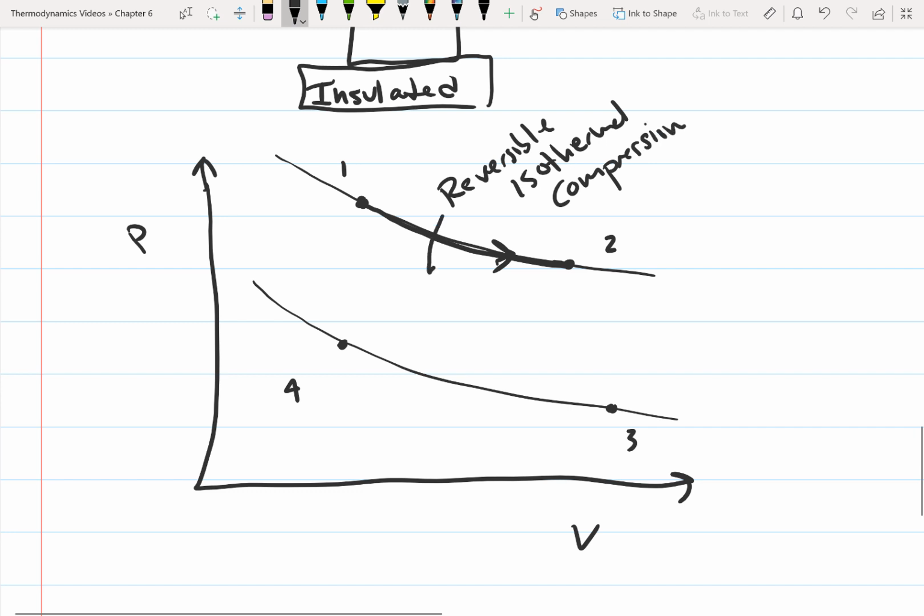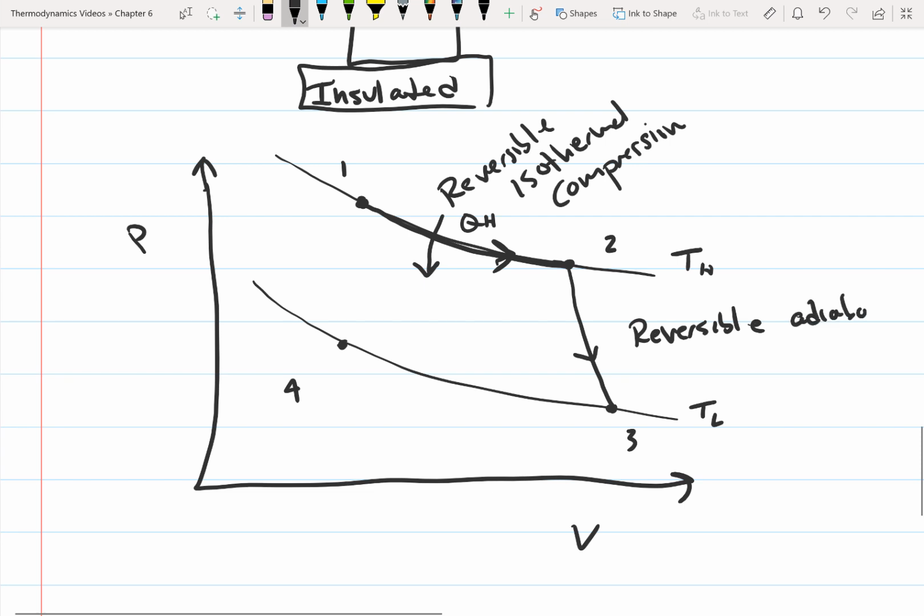And when we do that, we're going to have some heat transferred in. So that's going to be the Q high. And I'm going to also label these isotherms. So this is T high and this is T low. So then we're going to go from state 2 to state 3. And this is going to be reversible